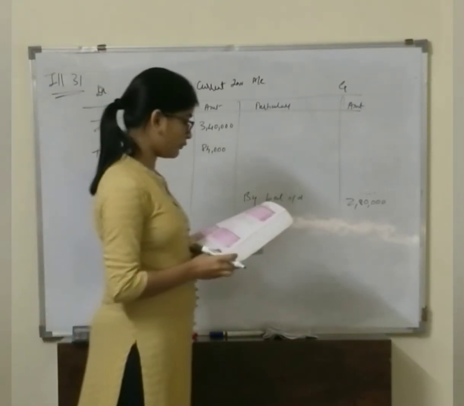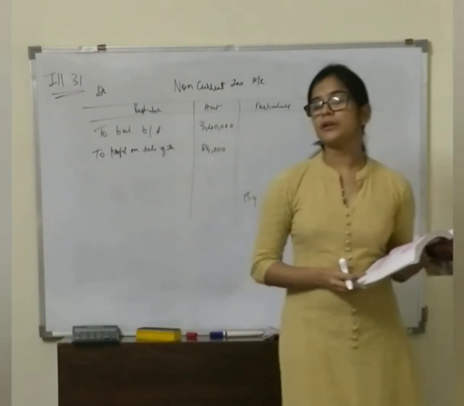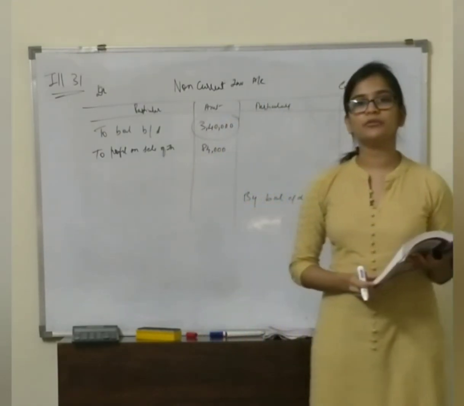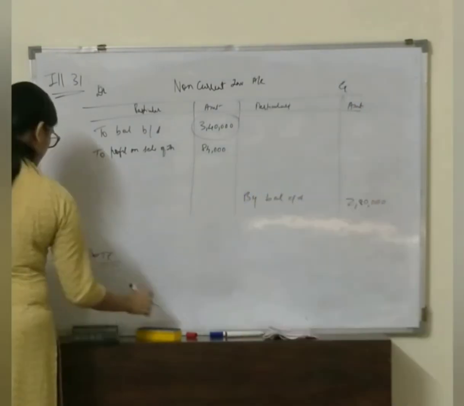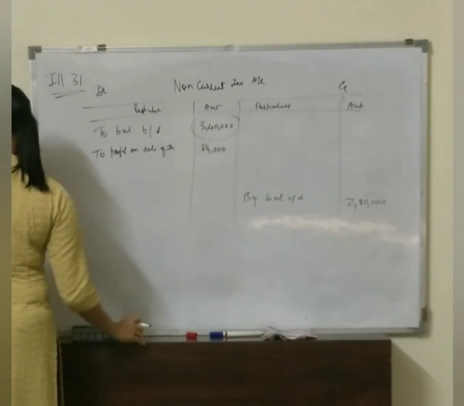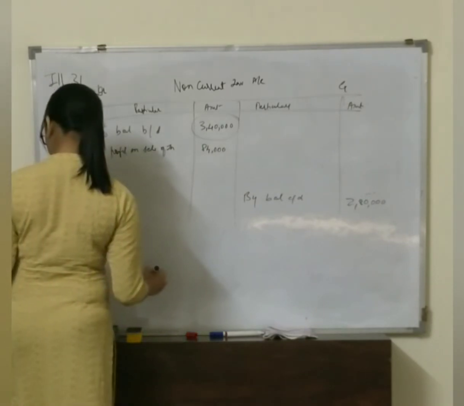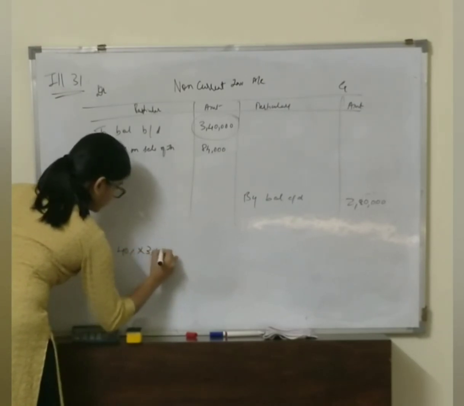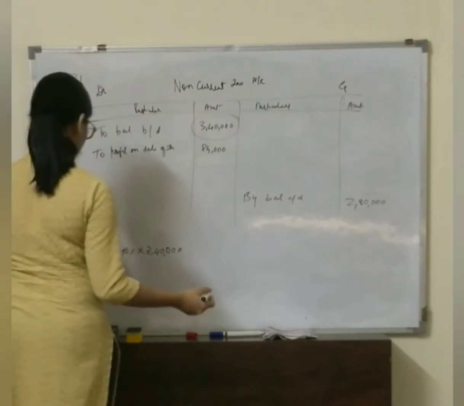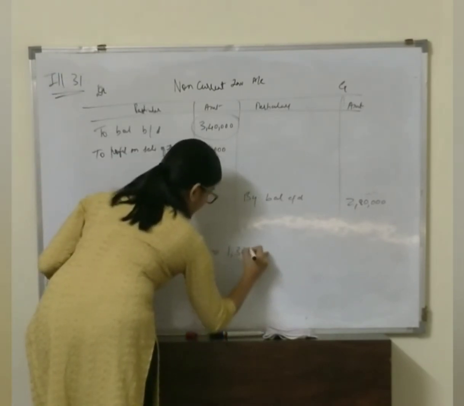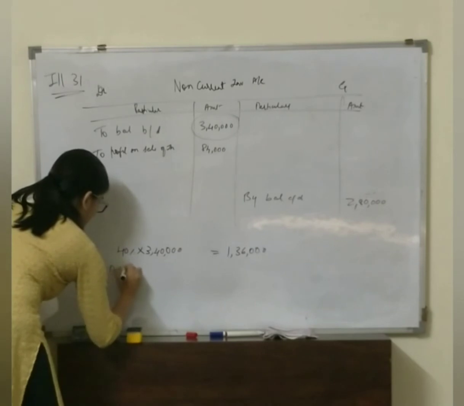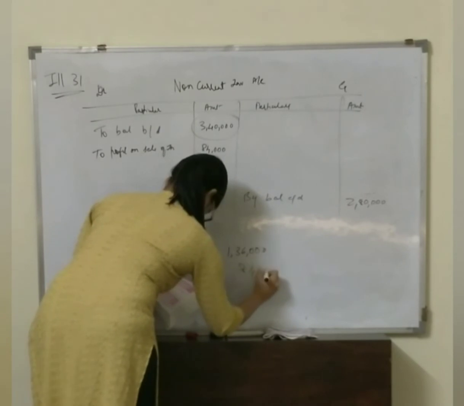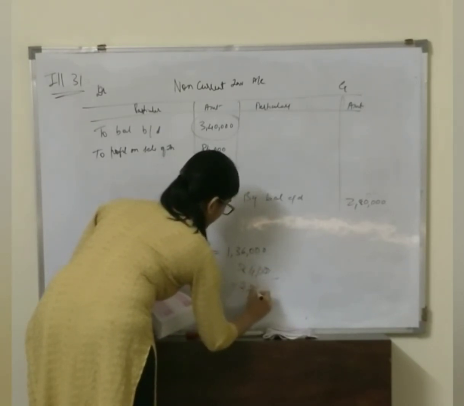And they have given 40% of original investment is sold. So what is the original investment? It is last year's balance, that's the opening balance, which is 3,40,000. So write down a working note below the problem. 40% of 3,40,000 is sold. So what is it? It is 1,36,000. We add the profit, that is 84,000.